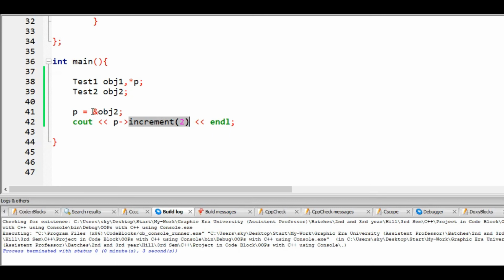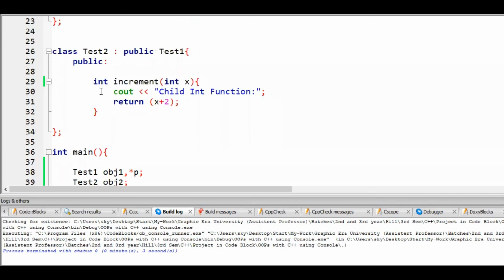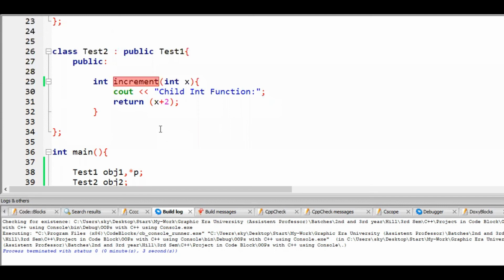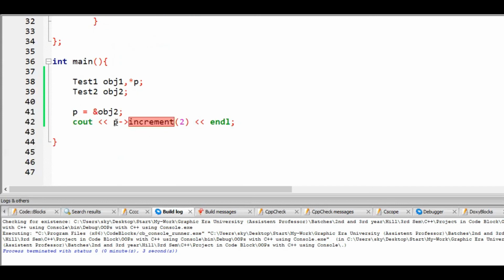So this value will be resolved to p, and p will bind this method with this call. If we can bind it late, or dynamically, then it is possible to execute this method by using the p pointer, even though this pointer is of test1 class.